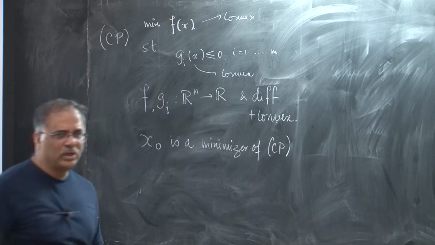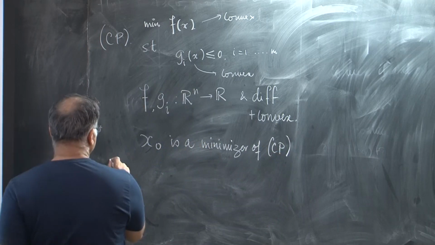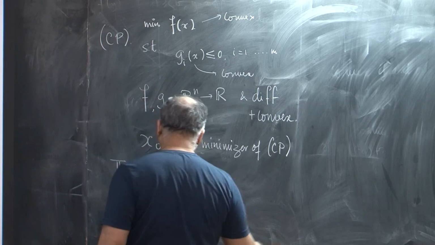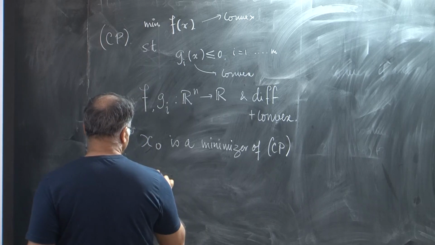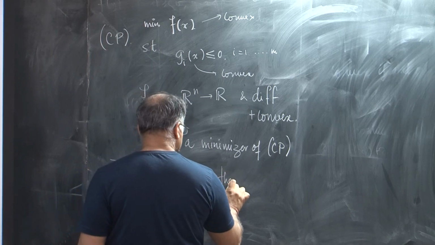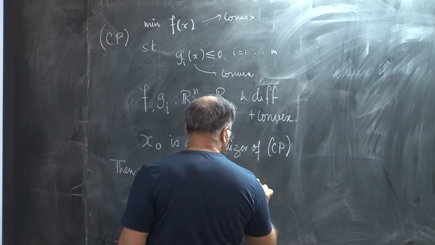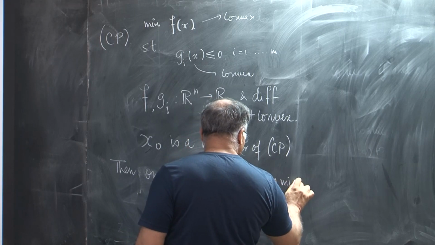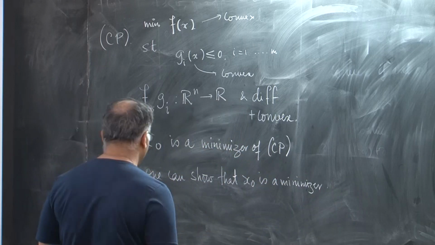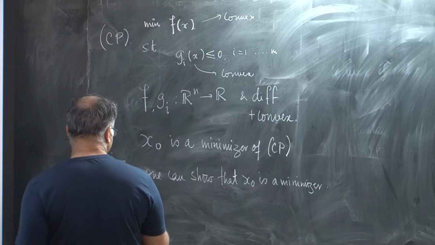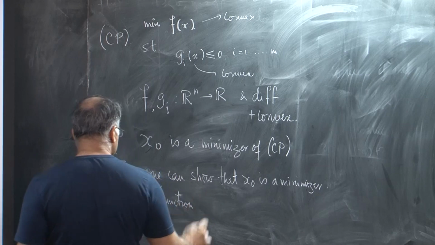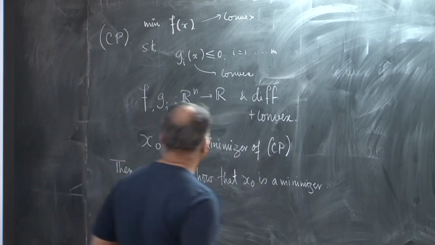Then one can show, equivalently, or maybe I just don't want to write it, then one can show that x naught is a minimizer of the function, meaning an unconstrained minimizer. Here minimizer simply means global minimizer, there is no local minimizer in the convex case. Observe that x naught is a minimizer of the function